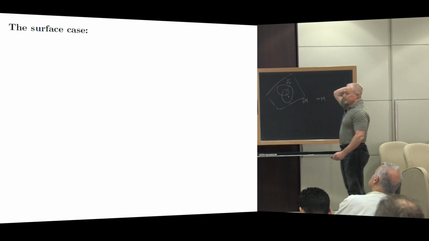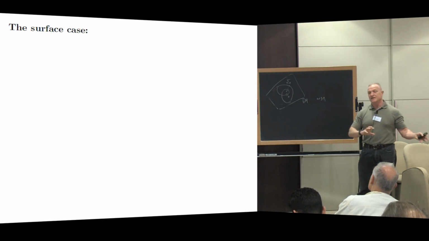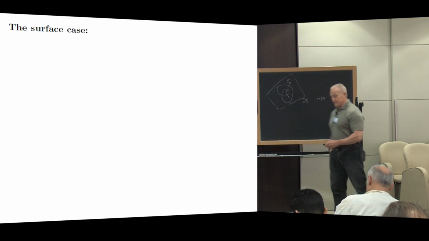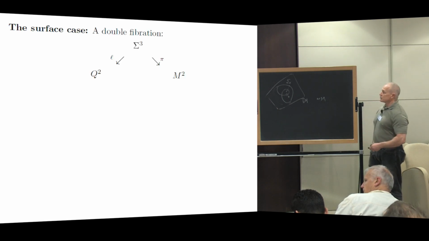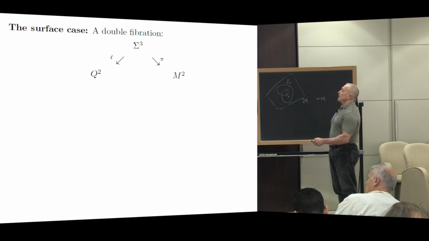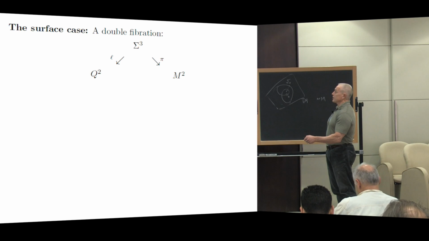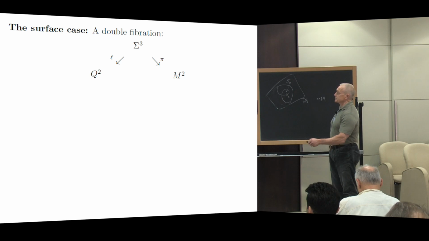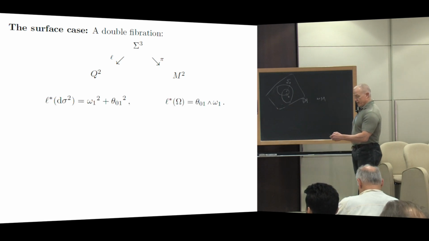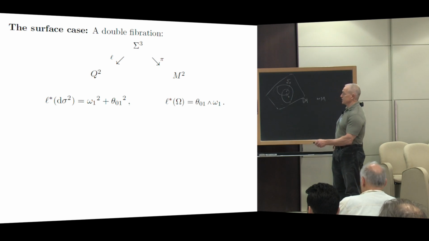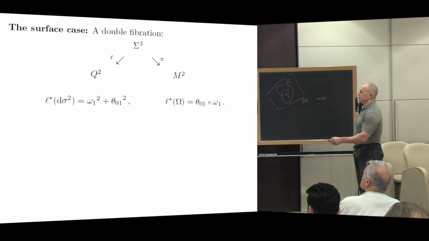Well, let me take care of the case n equals 1, because in the case n equals 1 we don't get a reduction. There's nothing special to say at that point. But the case n equals 1 is already interesting because we do have another interesting structure here. In the case n equals 1, the picture looks like this. We have a surface, this generalized Finsler structure, which is a hypersurface, and the tangent bundle is a 3-manifold. The space of geodesics is 2-dimensional. We have the metric, which is omega 1 squared plus theta 0 1 squared. We have the 2-form, the Kähler form, which becomes the area form on this Q^2.